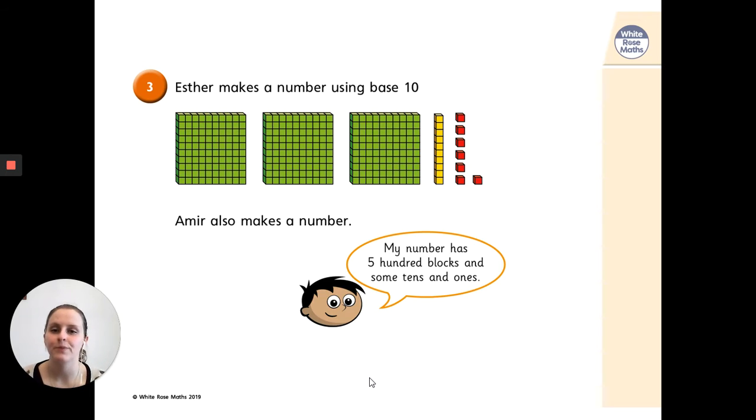So number 3, Esther makes a number using base 10. So that's Esther's number there. So you might want to write down what Esther's number is. So how many hundreds has she put? How many tens? How many ones? Then Amir also makes a number. Amir says that my number has 500 blocks and some tens and ones. Keep that in your head. It's got 500s and some tens and ones. So you might want to draw down 500s. If I'm doing it, you might want to draw. I know that Amir has got